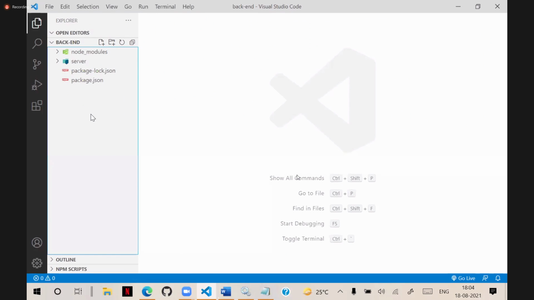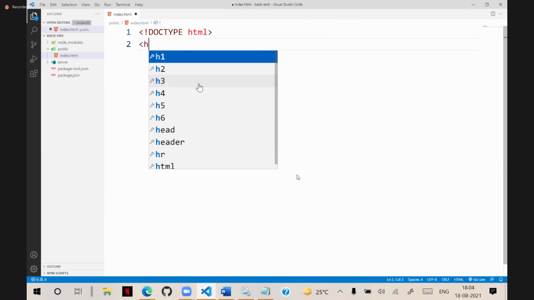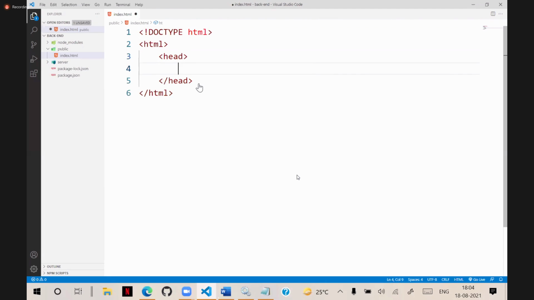What we are doing is adding a new folder, and the folder is public. Public is the new folder, and in the public folder you can add your images, your contents and all. In that folder, we have a page called index.html, which is the page that you design. In this index.html page, we write doctype HTML, HTML, some title, and here we define the index page, or say shopping index.